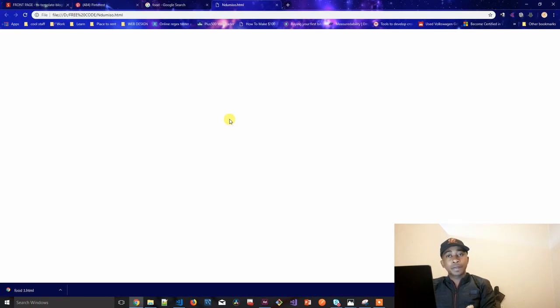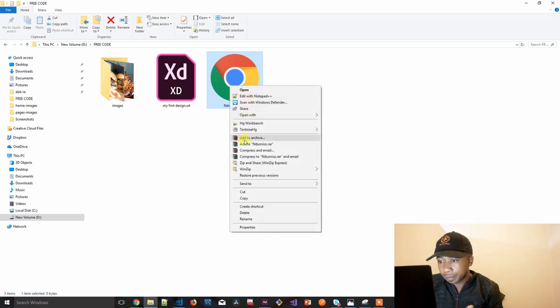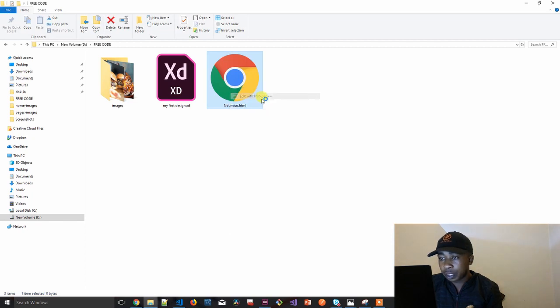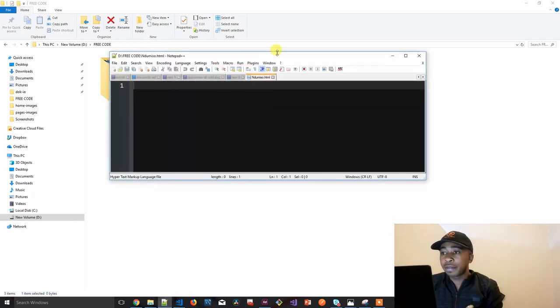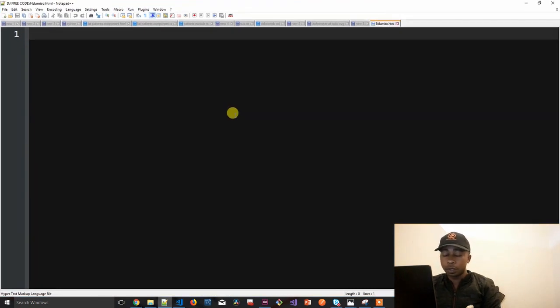So number one, if you're writing HTML code, you need an editor that will work fine with you. I can use Notepad, as I said, or even this one, open with Notepad++, official download. So now if I open this, I will zoom in so that we can all see, and type HTML,